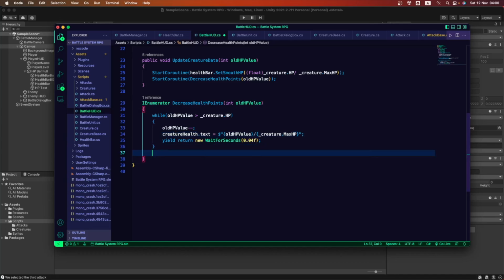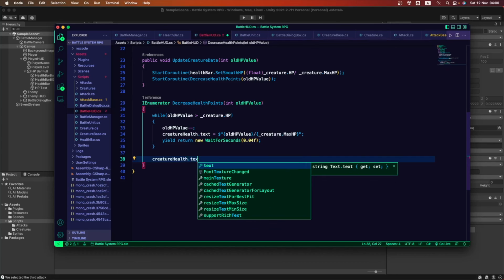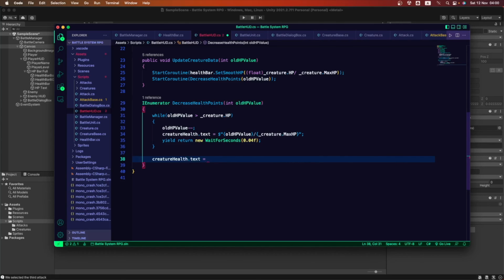So after this, we wanna create a creatureHealth.text, and this is gonna be equal to also a string. We wanna set all of this to a string, and let's open up curly brackets because we are going to go inside that data creature.HP, and outside, let me change that into creature.maxHealthPoints, and there it is.